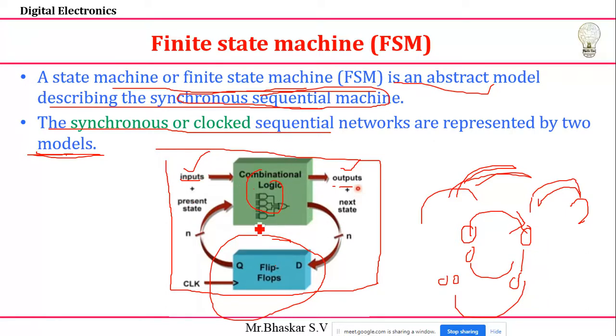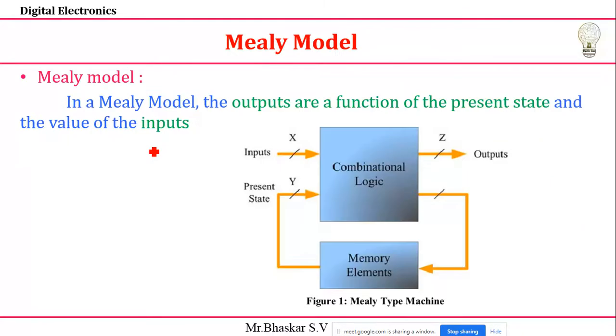And for the representation of this, we are going to use two model styles. What are the two model styles? Let's move on to that. One is the Mealy model, another is the Moore model. You can see in this block diagram, we can call them Mealy machines or Moore machines. This is the combinational circuit that I'm going to use. Here we have the inputs, and we have the outputs. Combinational circuit means present outputs depend upon the present input.